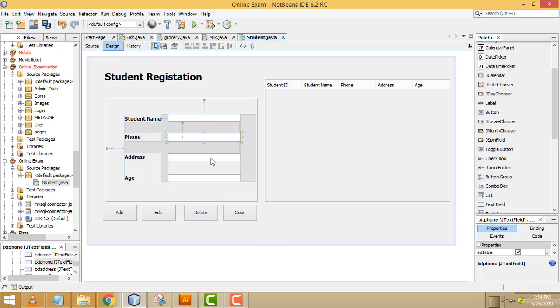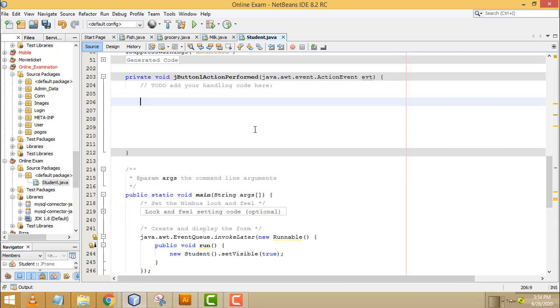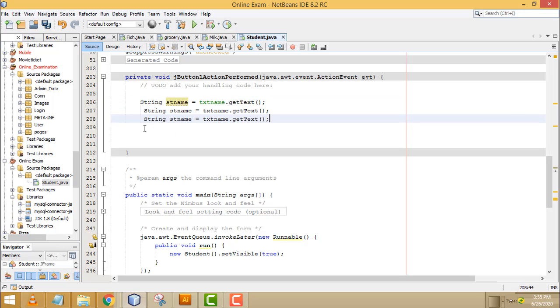these text boxes we have to pass into the relevant variables to store: txt name, txt phone number, txt address, txt age. So we have to write String name, st name, that is student name, equal txt name dot get text. The same thing, Control C to copy, Control V to paste here.